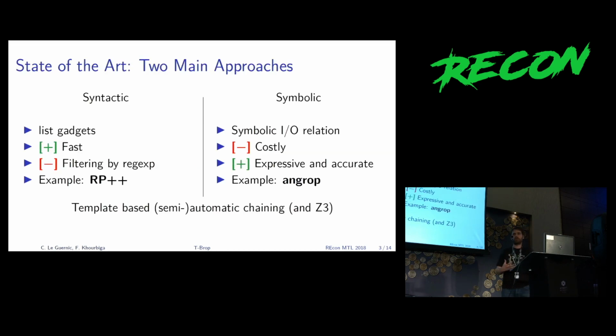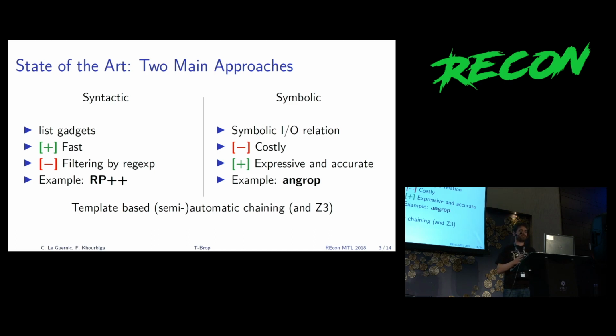So when you want to build a ROP chain, the difficulty is not really to find the snippets of code, but to find an ordering of snippets of code that will have the effect that you desire. So this is called a ROP chain, chaining these gadgets. There are many, many tools that can help you do that.